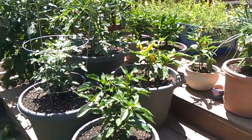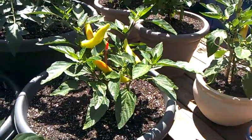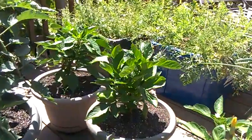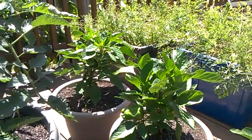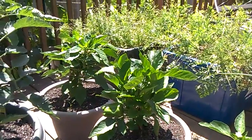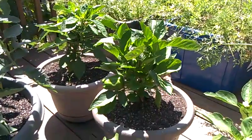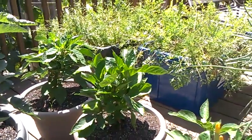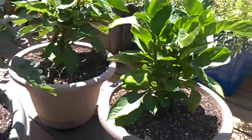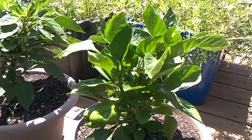Another garden update. As you can see, the Hungarian hot wax peppers are just doing fantastic. I told you previously I had to cut a bunch of my Golden Cal sweet peppers off because they had rot spots on them. After I did a little bit of research, I probably could have eaten them if I just cut the rot spot out. I don't believe that it was caused by any bug infestation. I'm not really sure what caused it. But I have a few more starting to grow again, so hopefully I'll get some sweet peppers out of this